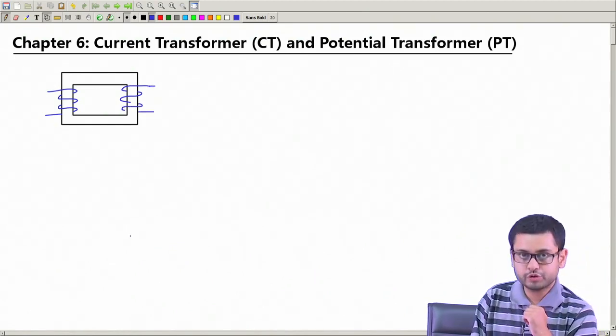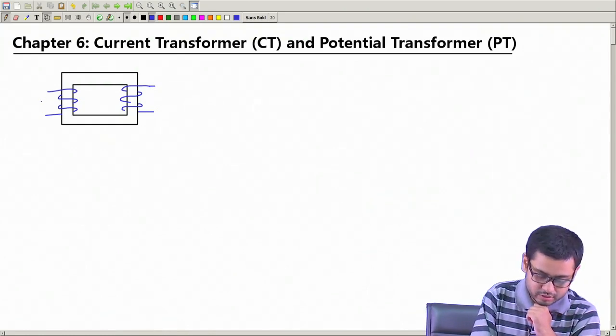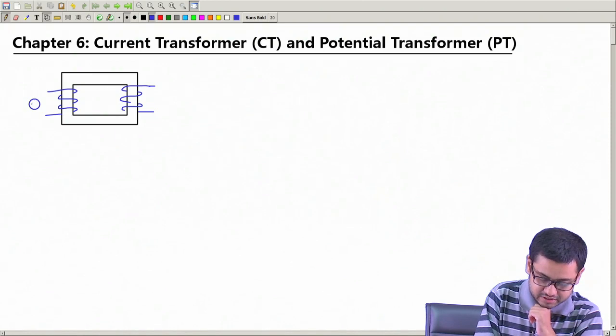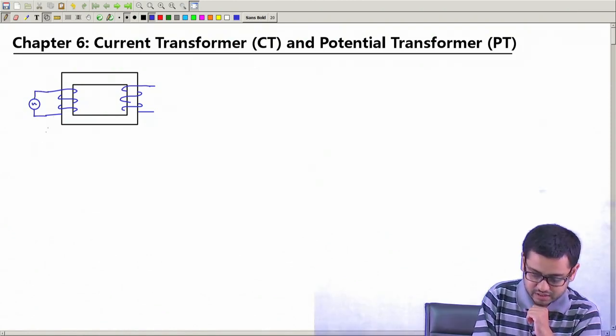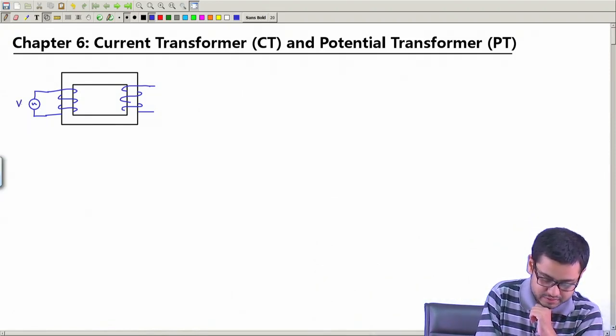Now if we apply an alternating voltage, AC, in one of the coils and call this voltage V1,